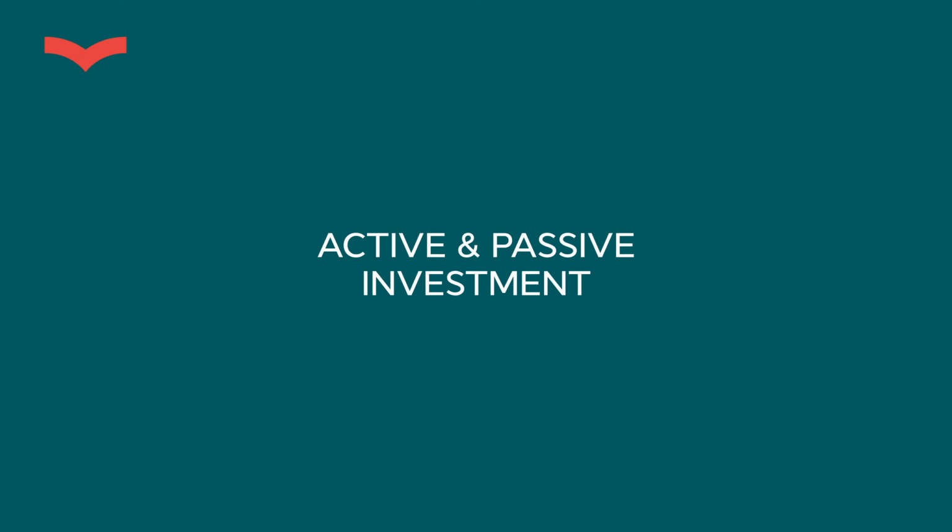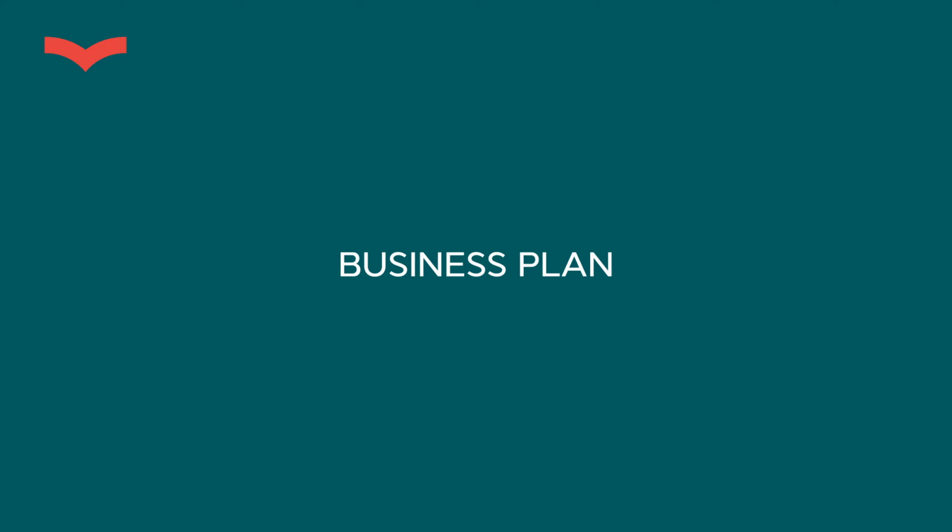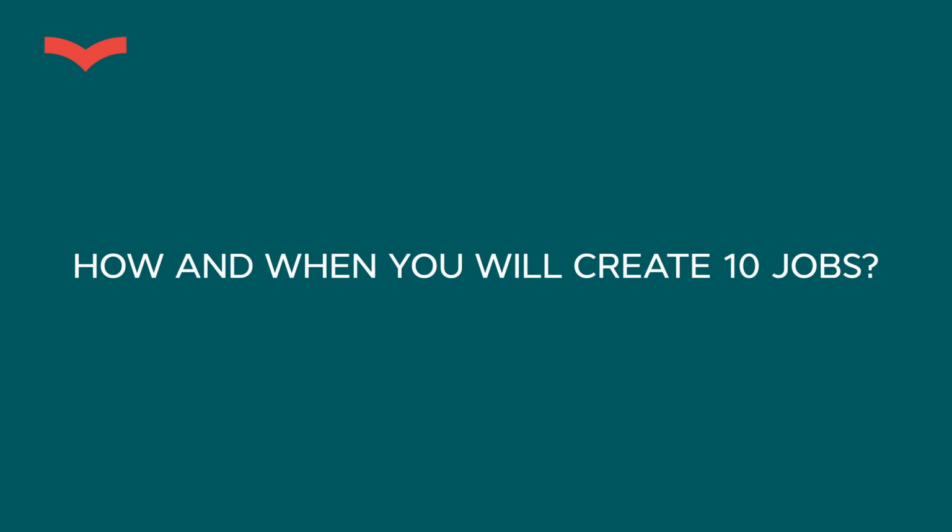Second, you need to understand what's the difference between active investment and passive investment. And this is very crucial. Choosing one or the other is going to shape your future. If you're choosing the active investment in the EB-5 program, that means that you need to create a new company in the States, have a business plan for how you're going to scale this company, and a clear understanding of how you're going to be creating the 10 jobs in this company minimum.